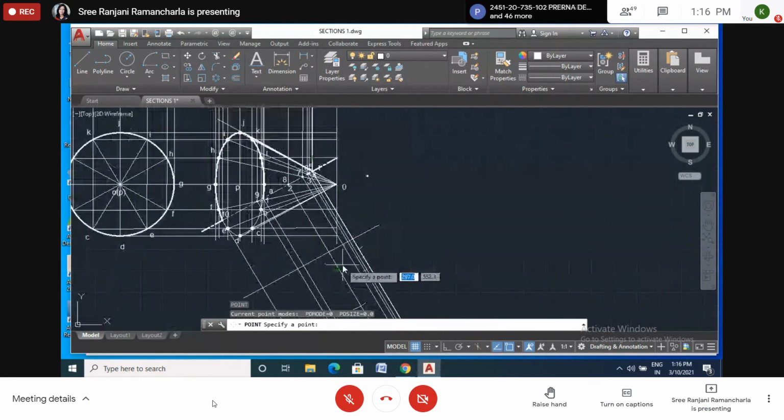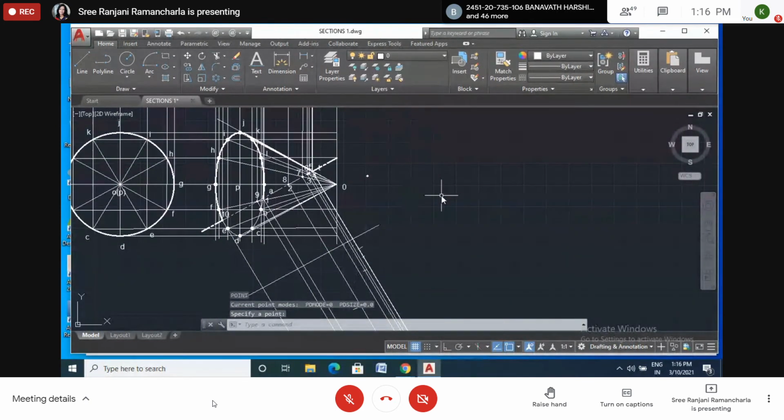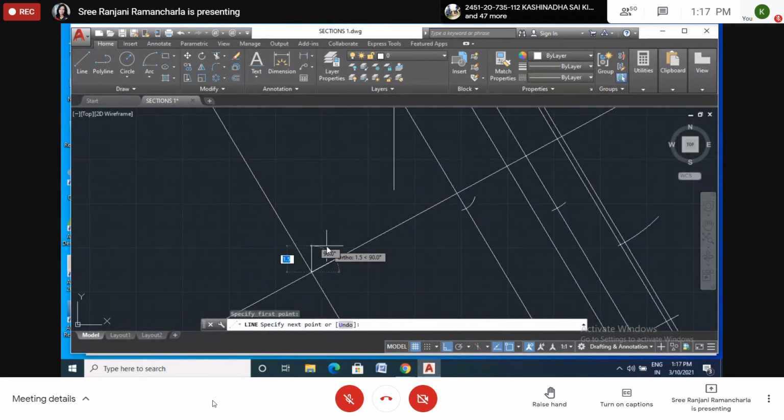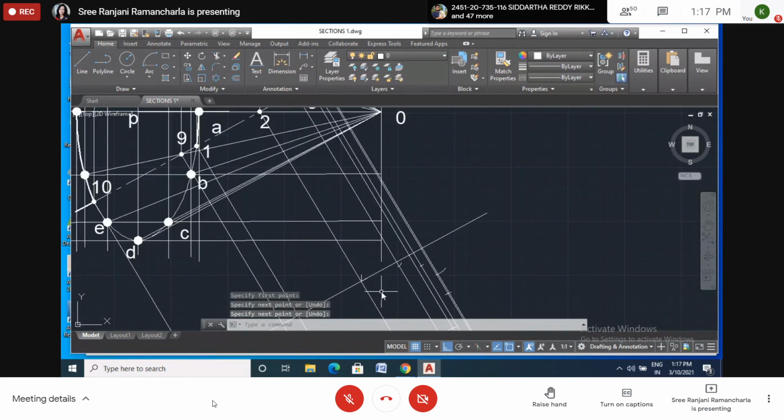Okay. It's touching this reference line. So this is that point. So here I'll keep a point. Please don't forget this point. Or should I draw the line here, one small line? So I'll draw the small line. Okay, I will draw a small line. Okay, this is point 8.